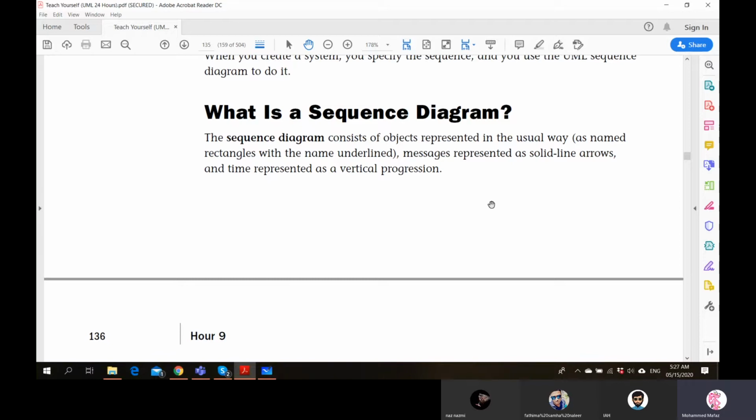Similarly, if you put a name in front of it, we call it a named object. We simply represent it in a rectangle, show whatever messages we need as solid line arrows, and show time in a vertical progression. Vertical means top to bottom.